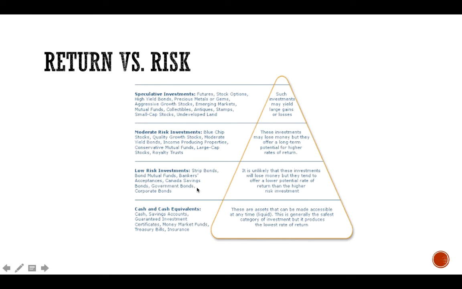Low risk down here, your bond market, and we'll talk about the difference between a stock and a bond. Bonds are not as risky, but once again, you're not going to make as much money. And then down here at the very bottom, keeping money in cash. Obviously, if you keep it in cash, especially because of inflation, the value of that money is going to go down. If you put it in a savings account, you're not going to make very much money. So what I need for you to understand, the greater the risk, the greater potential there is for a return, but you could also lose it all. Down here at the very bottom, where there's very, very little risk or no risk at all, you might make a tiny bit of money, but you're not going to make very much.